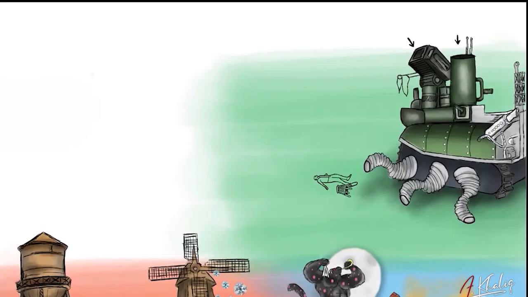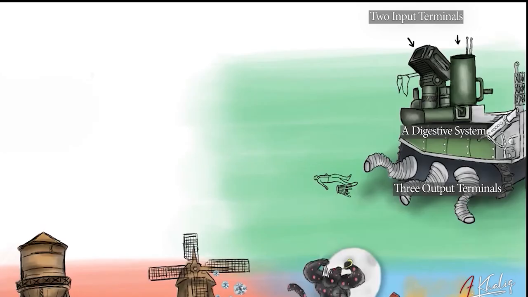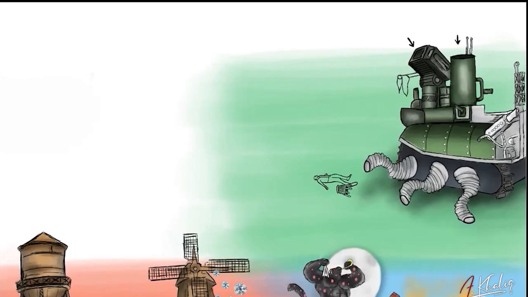Now we know that there are two input terminals on the top, while there are three different output terminals at the bottom. And this resembles our GIT system. Just like you eat things, your stomach processes things, and then you defecate them out. So let's crack this thing down, shall we? One of the input terminals is going to represent dysphagia, and the other input terminal is going to represent vomiting or hematemesis. I know it's an input terminal, but when things go wrong, the output starts coming out of the input channel.